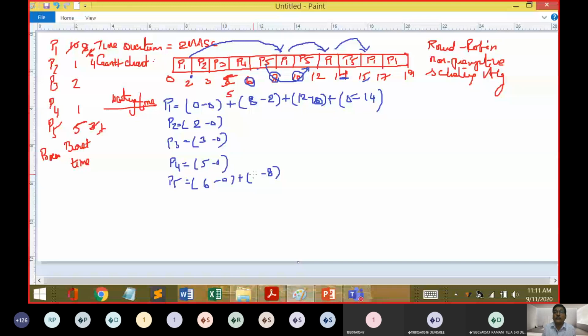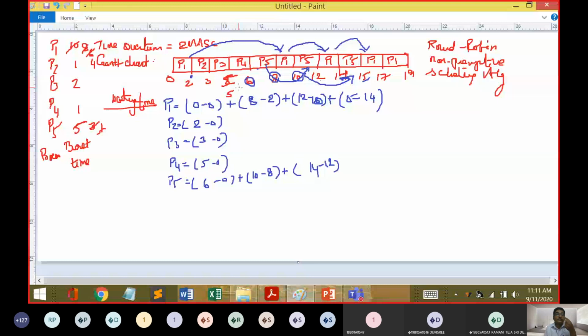So again, P5 is waiting for its job to be serviced, and it has waited up to 14 seconds and it has completed at 12 here. So 12, followed by this 14. So this is how we are going to compute the waiting time. So can you give me the mathematical calculation, please?